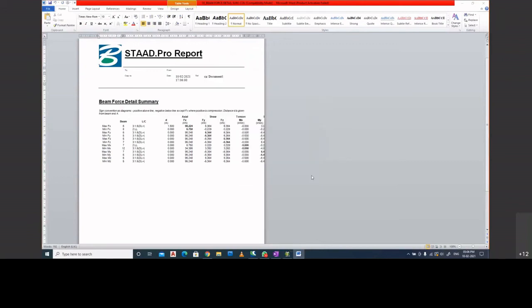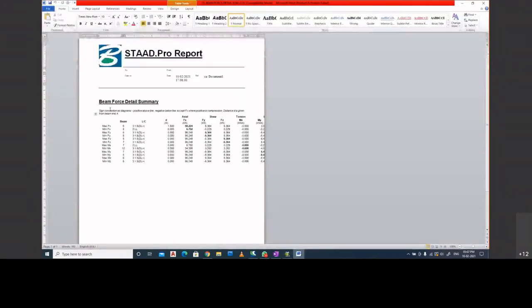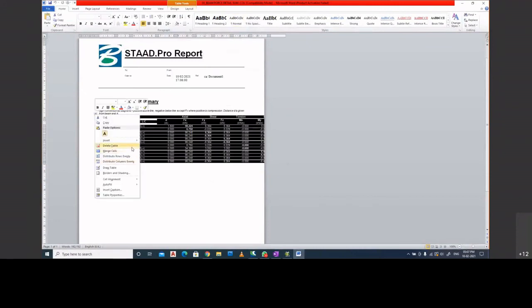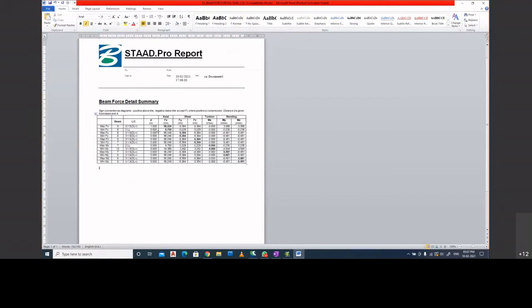Okay, so that is all. Now we have this report available with us. Let me click over here, right click and ask it to auto fit to window. Let me very quickly get all borders. Fine. So what it shows is I have maximum axial force of 98, shear force is this one, and bending is this one. You can see this is for which particular case, 1.5 times dead load plus live load, right?